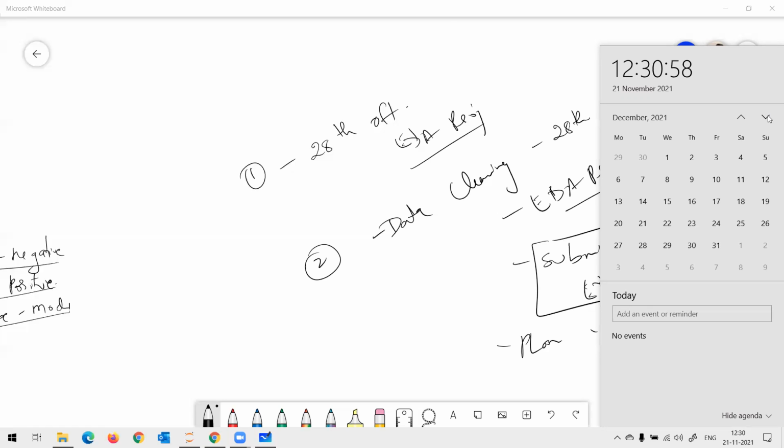So in the next class we can do the data cleaning, right? Okay. We'll do the data cleaning in the next class. And we can take a session break on 5th of December. Okay, sir. And on 12th we can start the machine learning. Okay, sir. Or you guys want me to start machine learning on 19th?